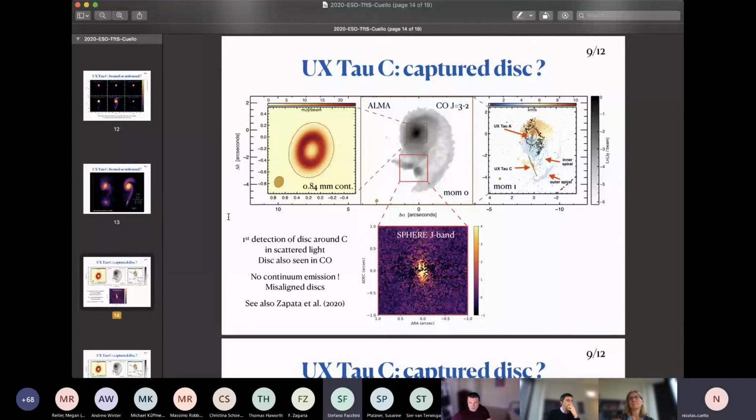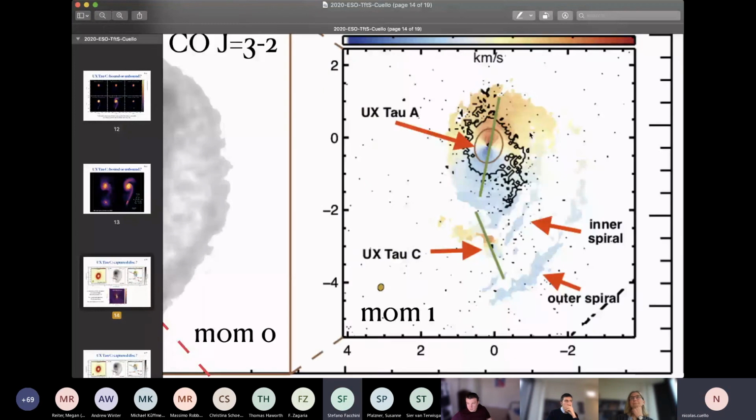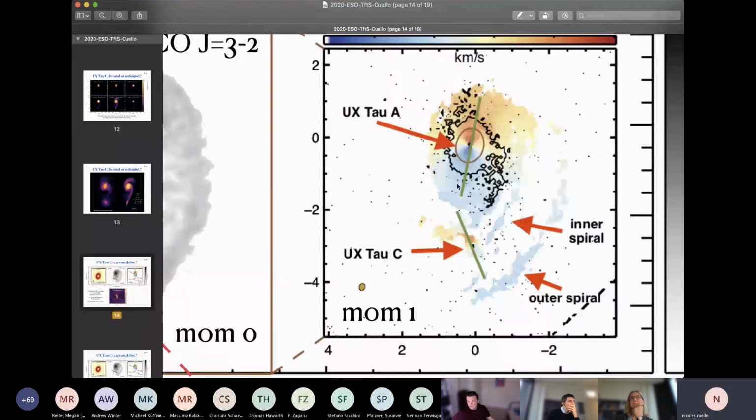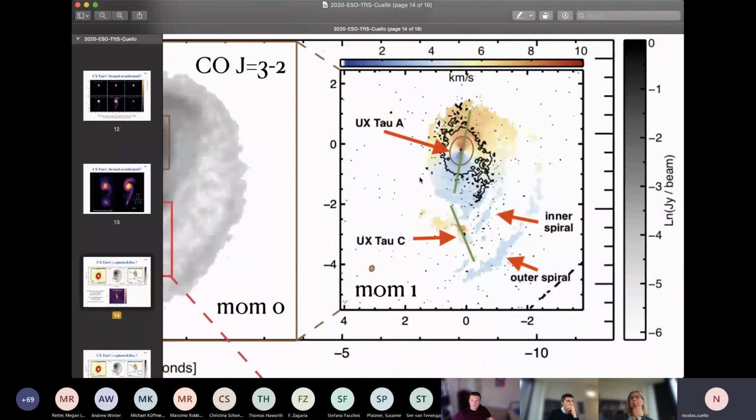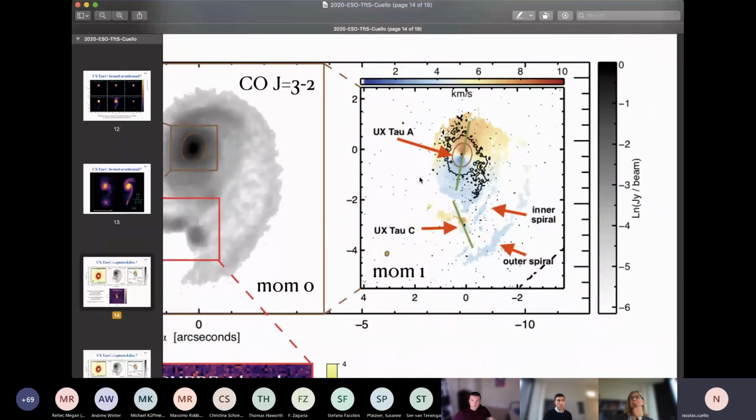Well, regarding the first one, I think we really have a strong... Can you see my? Yeah, I can. Okay. So I think we have a clear disk structure around this and around this point here. Regarding the material here, I wouldn't know how connected or bound it is to the... That's a good point. I don't know.